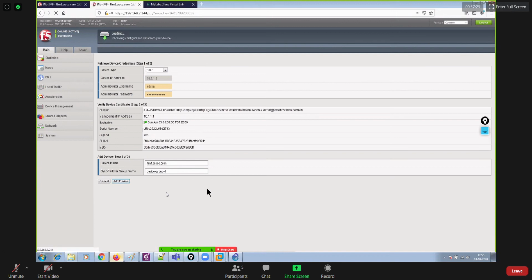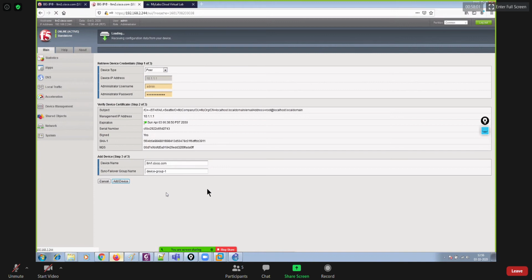So I'm already on LTM2, and we are adding LTM1 into this device group. So my device will get added to this device group automatically, right? So that's how you are going to configure high availability between these two BIG-IPs. So it will create a device group now with the name of device group 1. And within that device group, I'll have two different devices. One is LTM1, other one is LTM2. Only one LTM within this device group will be active at the time, right?